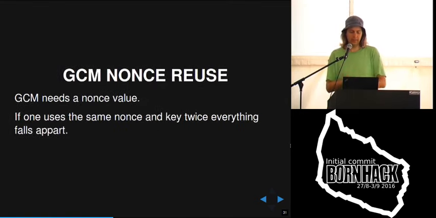An issue that I looked at earlier this year is the so-called nonce in GCM. Nonce stands for number used once. It's relatively simple: you need some value to start your encryption, and this needs to be unique. You should never use the same nonce value for two encryption operations with the same key.